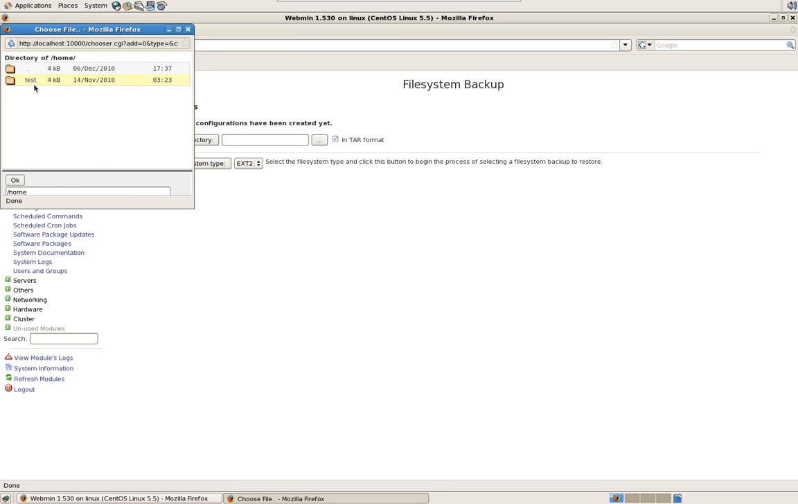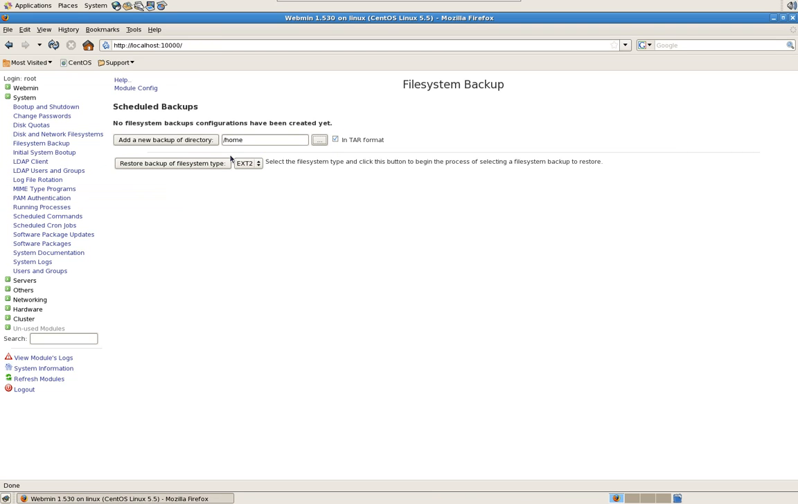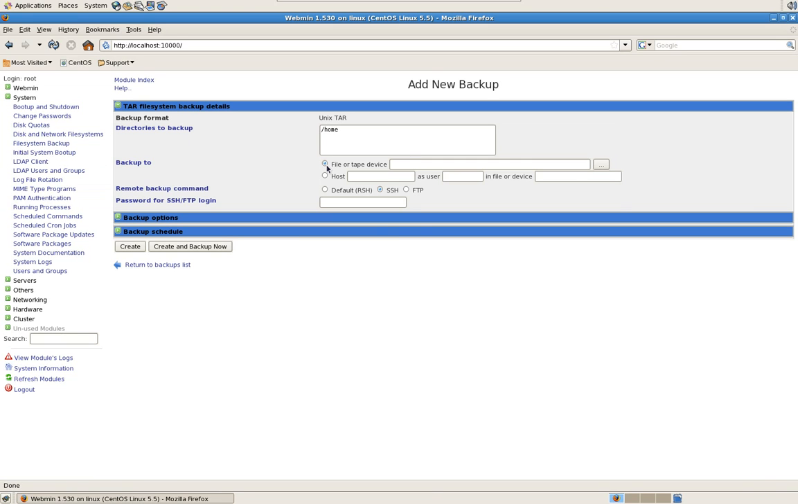This would be all your users' home directories. I have one user created in here besides the root, and that is called test. So all your home directories will be inside that home folder, and that'll get backed up. We're going to add that, and now we're going to have to back it up to a file or a